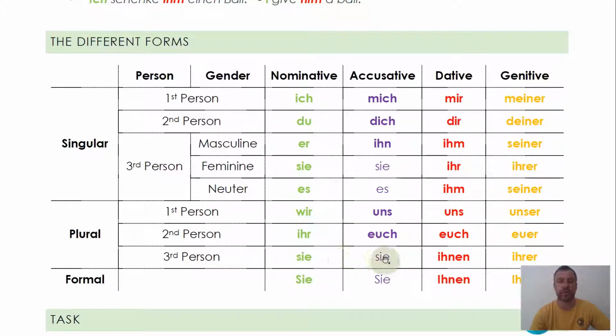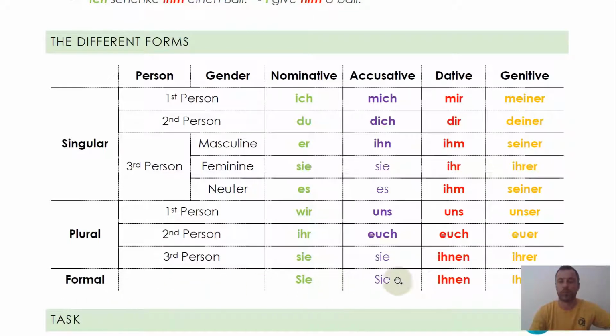In accusative, there is no change in plural in the third person with all the articles, but in dative there is, and there you also have the article change from die to den, so you have the ending here too. You simply have to know that there's an N in front. So the endings stay the same, you just have to know what's the base form here.